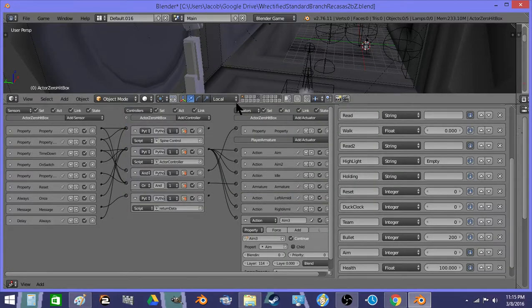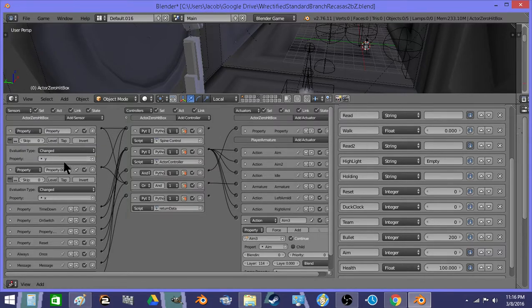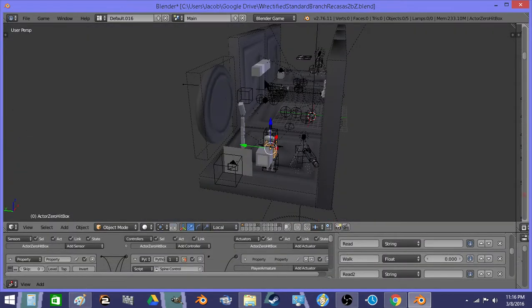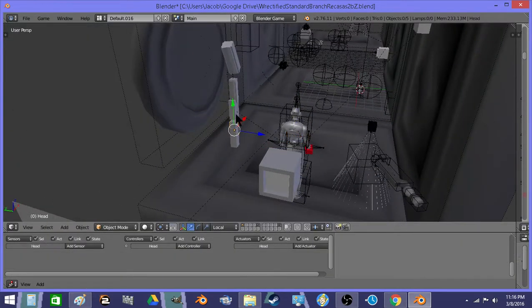Alright, so I was going to take a moment to kind of explain how everything works in Wrectified. So if the mouse control properties change, it triggers the actor controls. And the actor controller rotates these shapes over here, which are invisible and no collision, so they're not really in the game. They just kind of follow the guy around. So when those rotate,